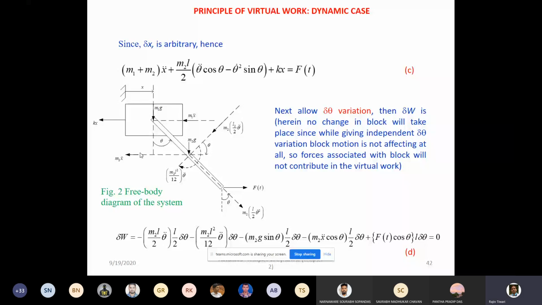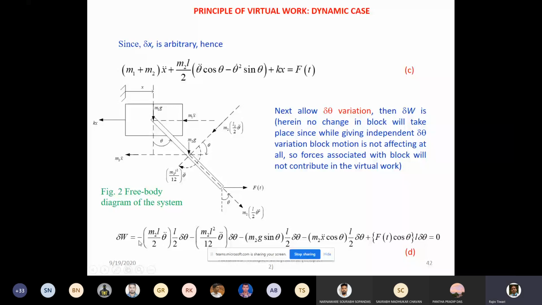So this is the tangential component. Because we are giving theta swing, this tangential force is in the tangential direction only, and this is acting at L by 2. So the displacement of this tangential force is L by 2 delta theta. So this is the virtual work. This is the force, this is the displacement, and the swing is in the theta direction and this force is in the opposite direction, so negative sign.